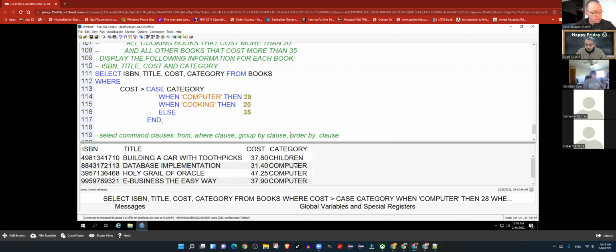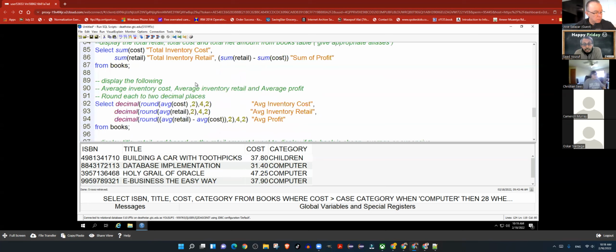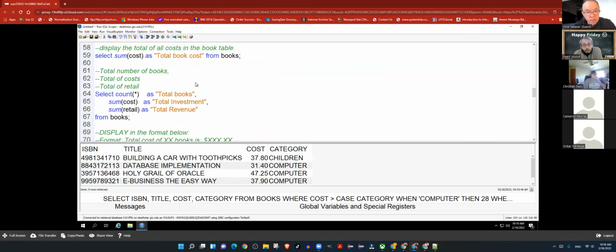So for example, prior to this, when we were looking at, let's say, I want the count of all the books, I want the sum of all the costs, I want to look at the sum of the retail of all the retails, I was doing it for the entire table. So I want to see the total of all the books in the table, the total cost of all the books in the table, the total retail of all the books in the table, as opposed to doing it